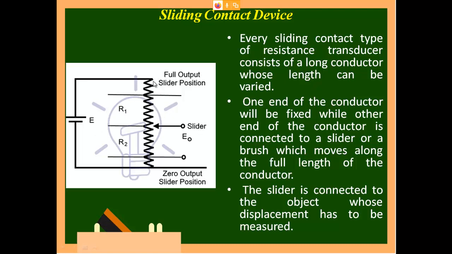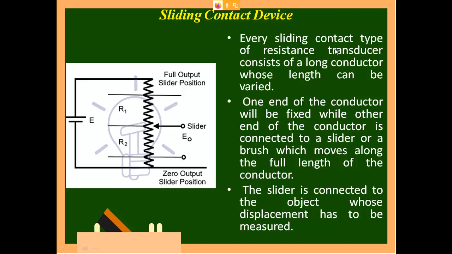Okay, if the slider is slightly brought down, then this resistance is involved, so the drop after passing this resistance will be given out. And if you move it further down to here, more resistor is there, so more loss, and the remaining alone will be your output. And finally if you touch here, it will become 0. So when you move this slider, the output value will change. So now this is a sensor connected to some other application where if you move this, automatically you have a variable output. That's all. This is called a sliding contact device.